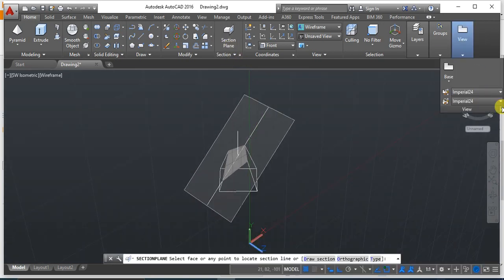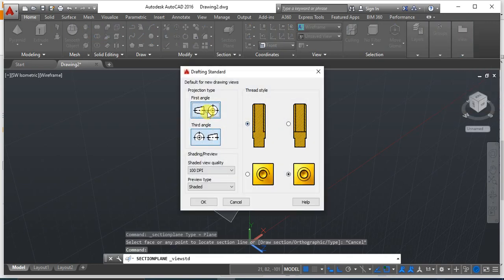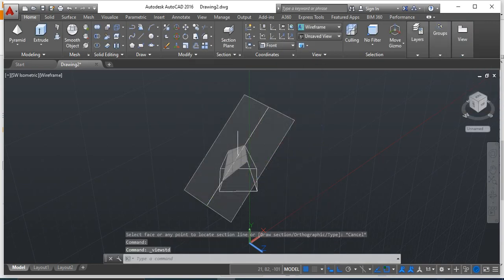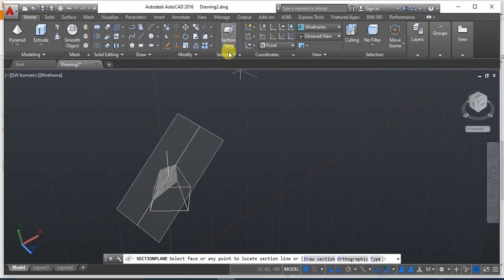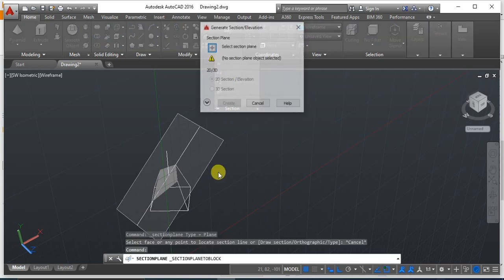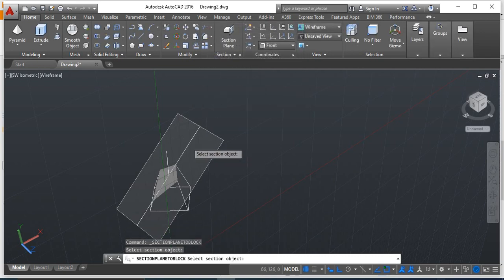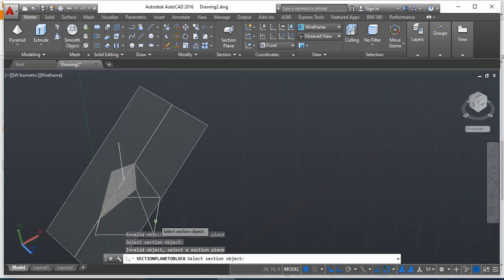Before that you switch to the first angle projection. Click on first angle projection, sectioning plane. Okay, in below sectioning plane you got generate section, which is select sectioning plane. This line is actually the one which has created a plane. Then section object, select the object, this is the object.